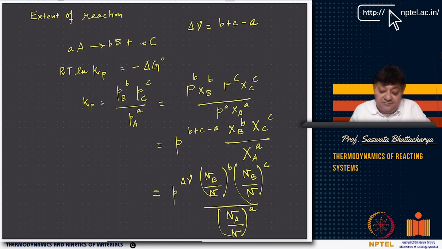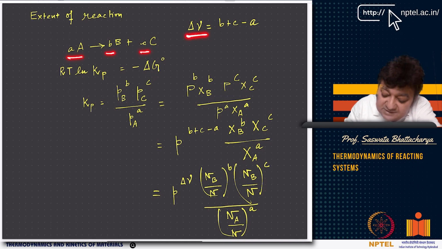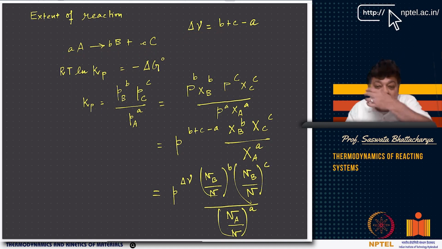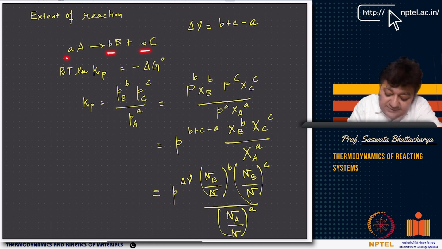Now if you look at the extent of reaction, this is something that I want to tell again. You can calculate the extent of reaction in different ways. For example, you have this reaction A equals bB plus cC, where b and c are the stoichiometric coefficients. If you look at the delta nu, the change in nu, some people directly call it nu, which is a sum. So it is b plus c minus a, because b is positive, c is positive, and a is negative because it is the reactant. This is a dissociation reaction that is going on. So RT ln Kp is given by minus delta G0, and if A, B and C are gaseous, then you can directly use partial pressure.